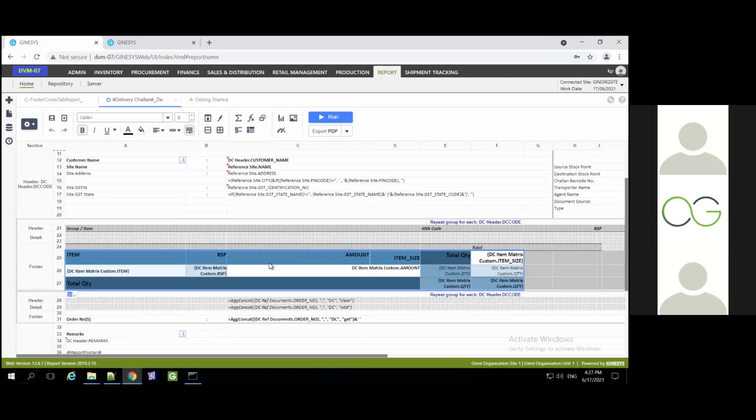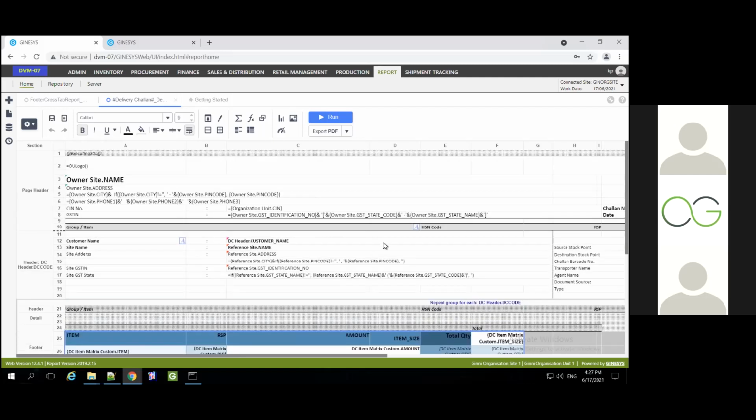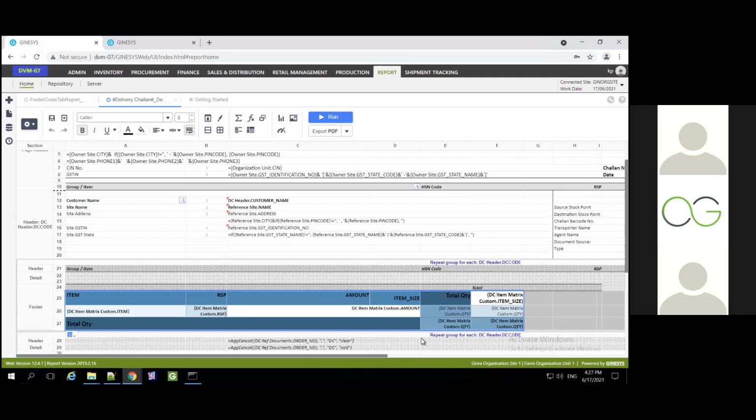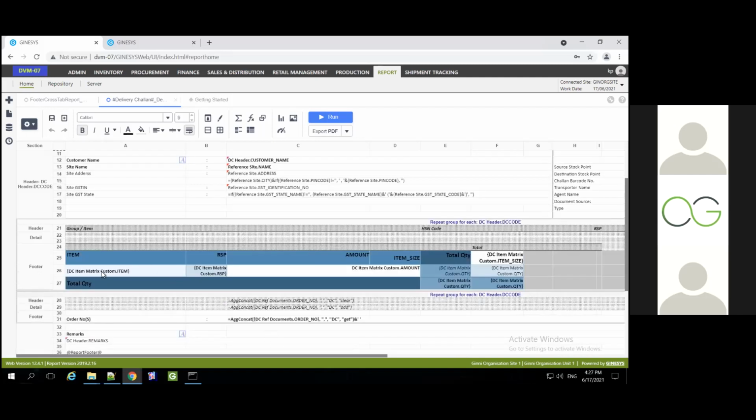So you can use this if you want to have a document report and you want to show DC wise, item wise, and item size wise matrix of that particular document or particular DC. So this is a repeating group, and in the footer section you created the cross tab, right?